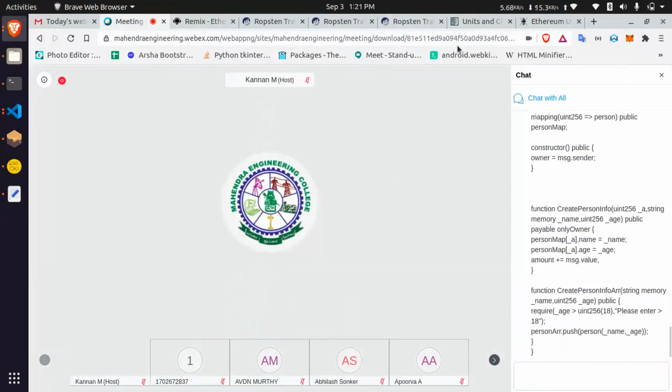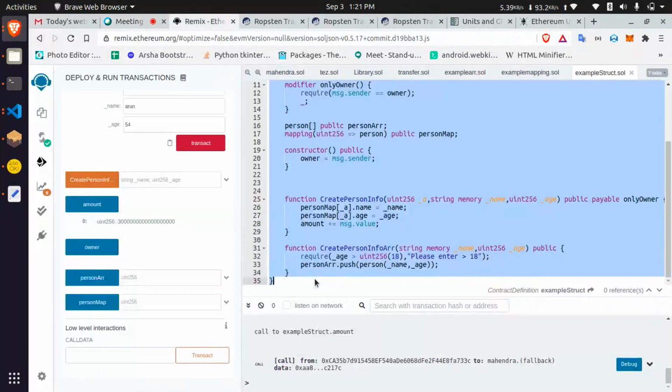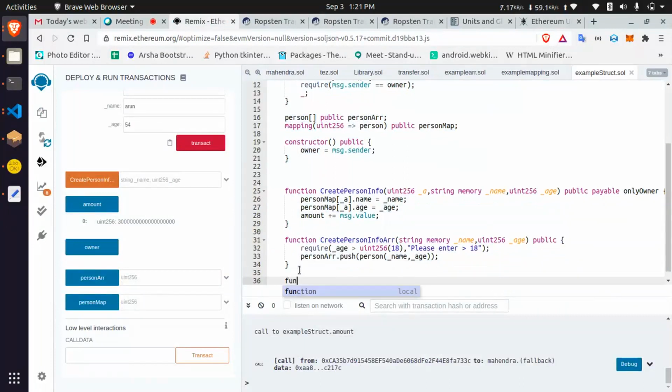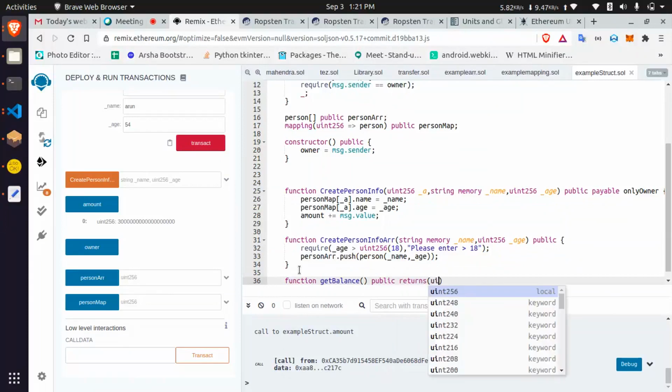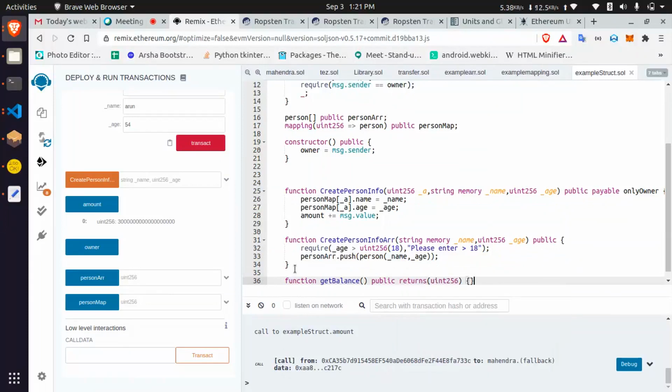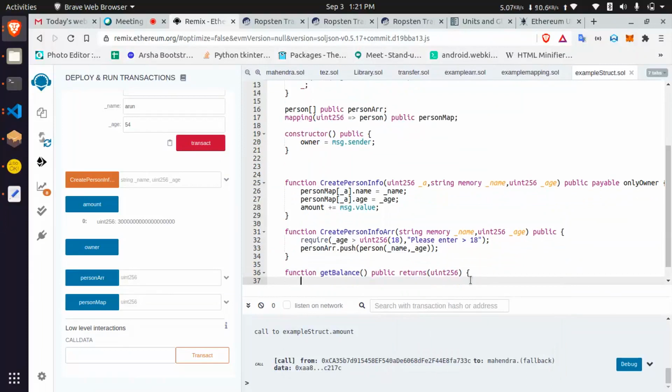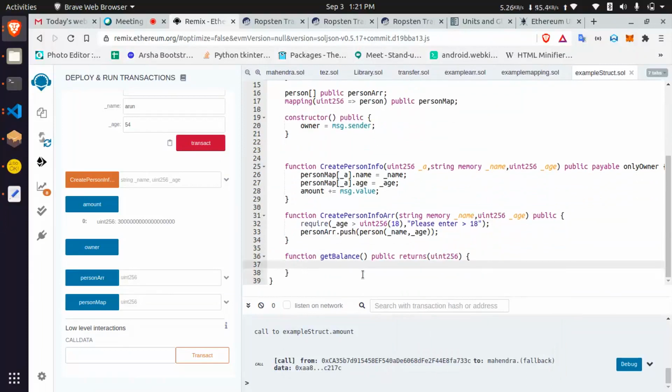If you want to get the balance of the contract, you can access it like, let me show, function get balance, returns uint256. This dot get balance.